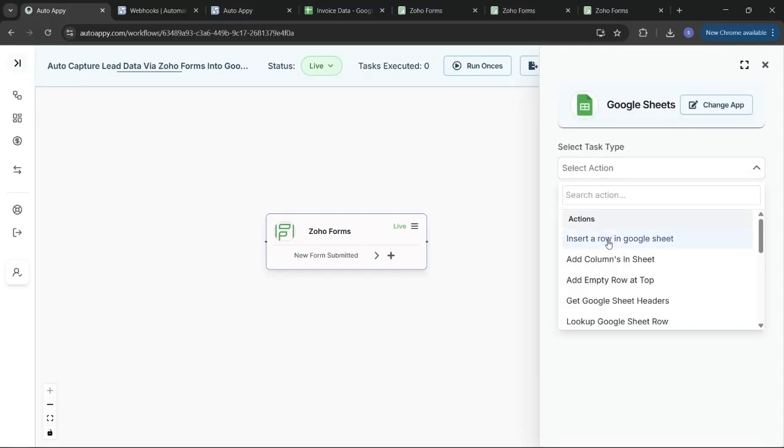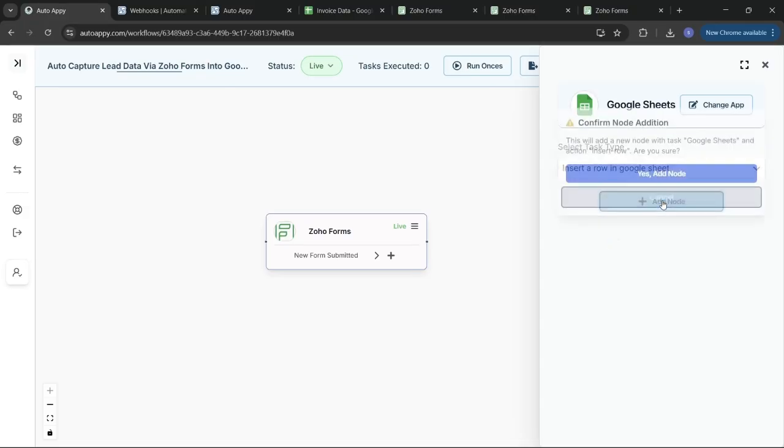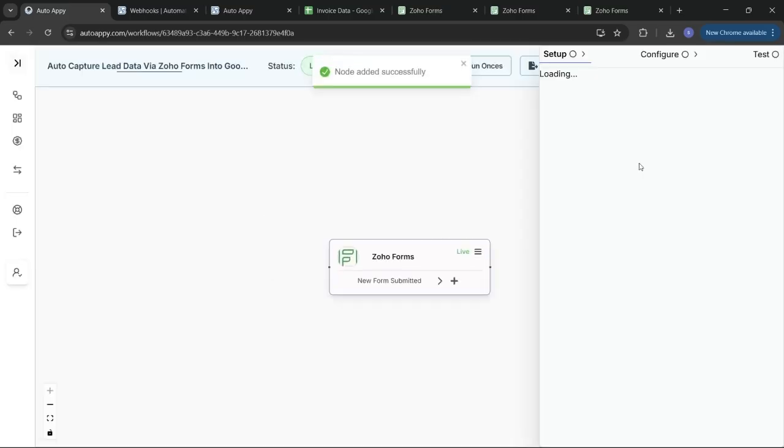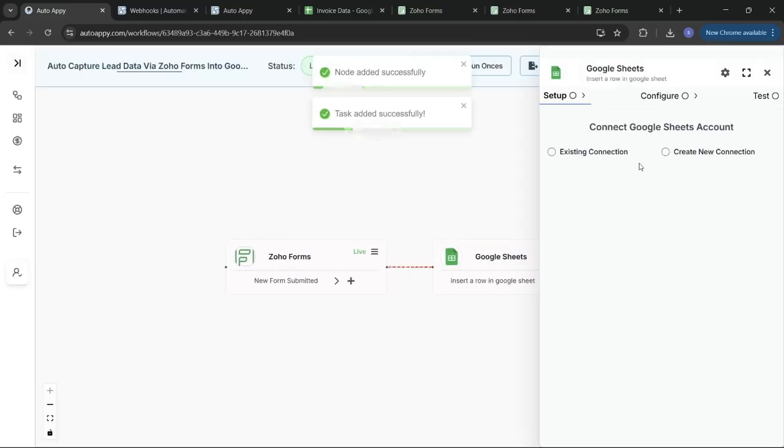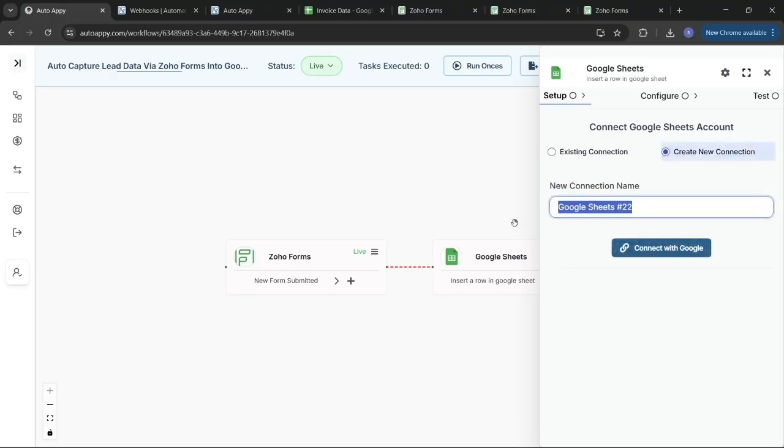So here I am going to select insert a row in Google Sheet as my action and say yes add node, again yes add node, and then it will prompt us to select between these two options of existing connection and create new connection. But since we are a new user, let's go and create a new connection and give it some sensible name like Zoho